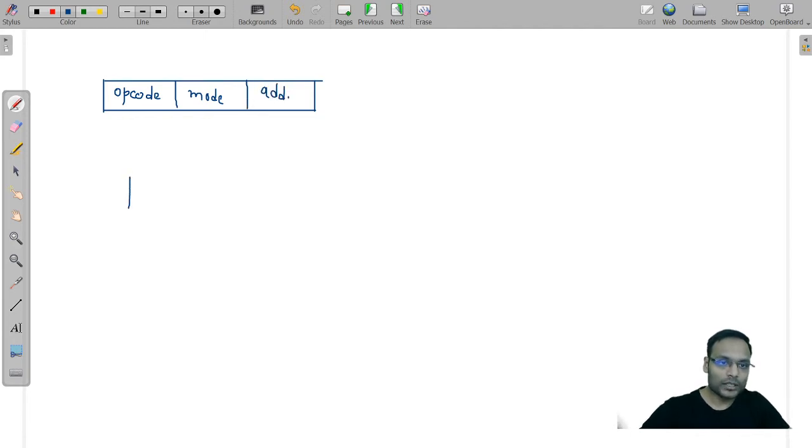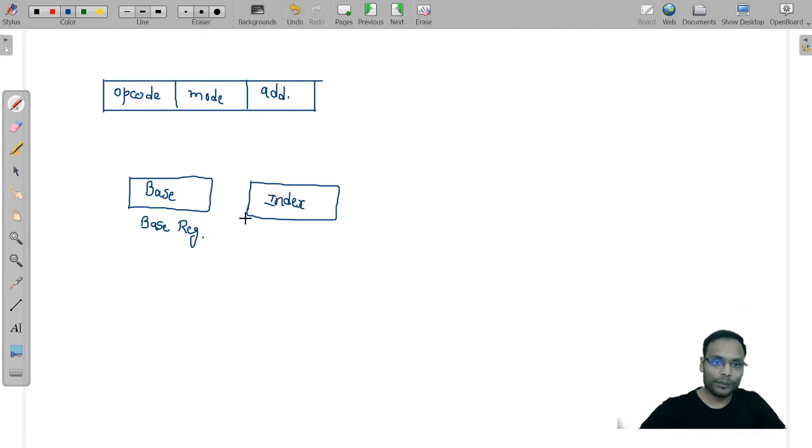I'll be having two registers. One is base register. That base register will hold the base address value of the entire structure. Then I'll be having index register, which will be holding the index value, and I will be getting displacement from